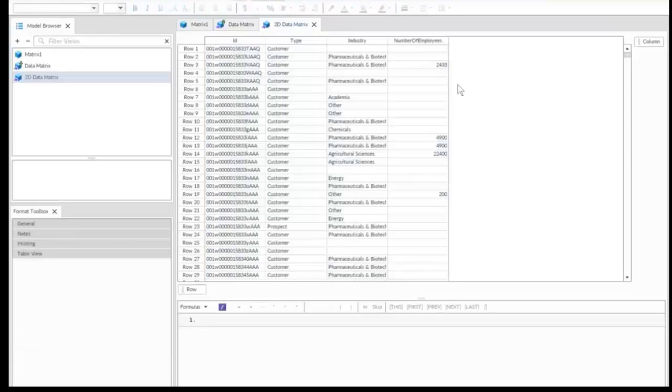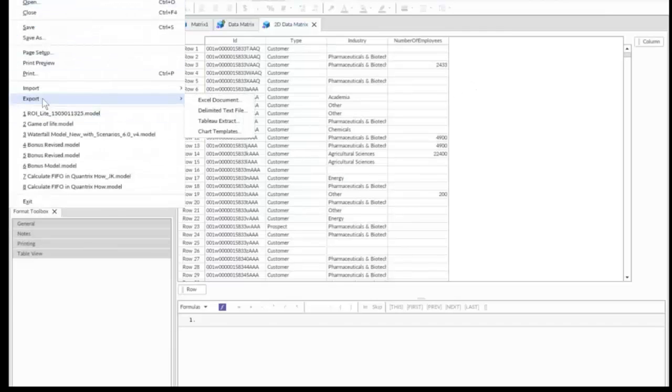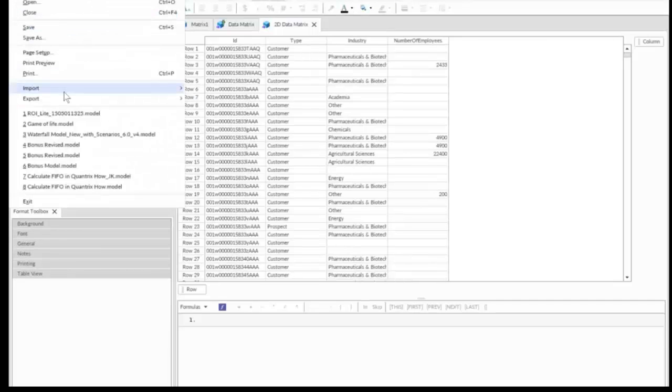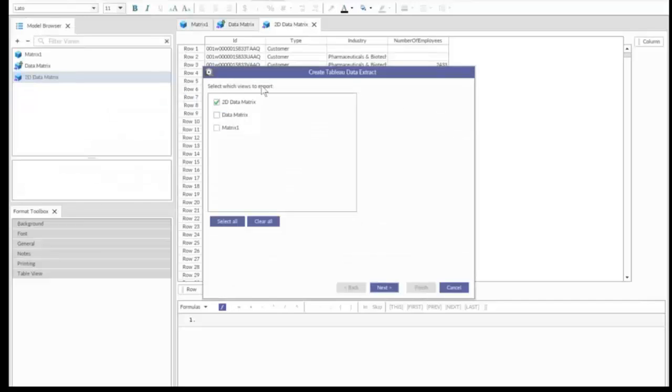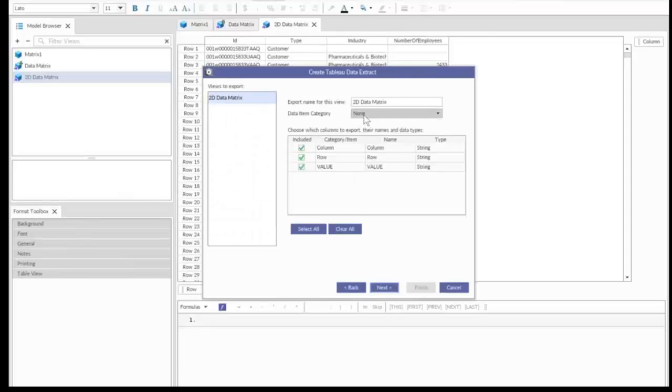Now that we've done this Salesforce import, I wanted to show you how we can export this data to Tableau. To do that, I just go to File, Export. I'm going to select my 2D data matrix first, File, Export, and export to Tableau Extract. That is a TDE format for those familiar with Tableau. And it's going to ask me which view I want to export. Again, I want to export this 2D data matrix. And then I have the option to select my data item category. As I'll show you later, this will be inferred automatically if you have a data item present in the matrix. But here I don't, so I'm just going to select column, and that's going to infer my data types. So you can see here it's correctly inferred